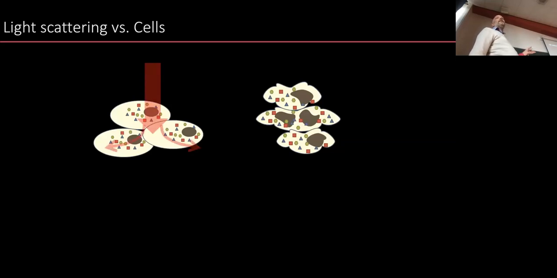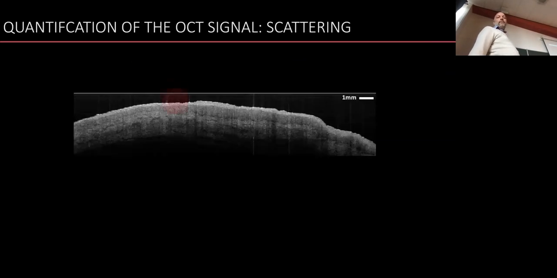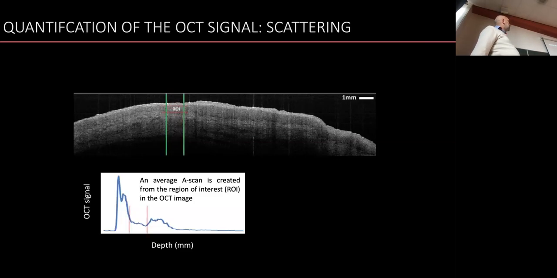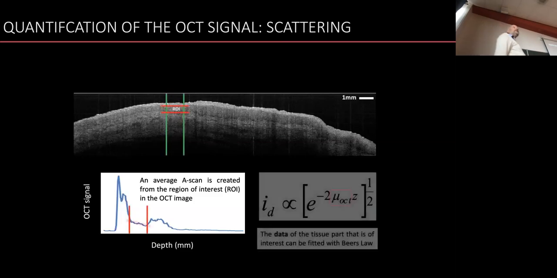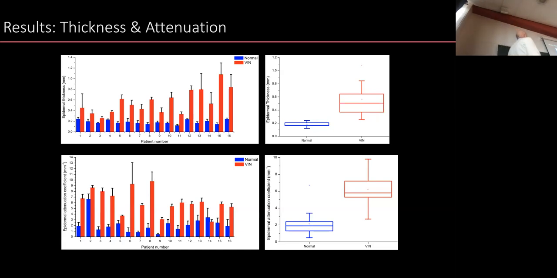Like I said, you can expect in the case of these cells becoming more malignant, more aggressive, that light scattering will be different, which we pick up with the OCT. And we could analyze the attenuation coefficient within layers of interest. And we have a high interest in this thickness layer, this dark gray layer. If you look at the A line there and study the attenuation coefficient, and what you see here in the first 16 patients that we did is first,